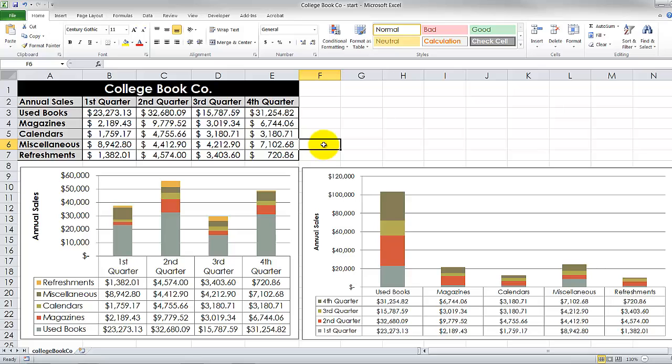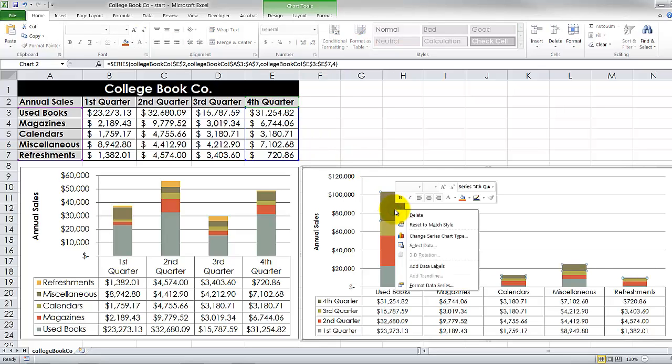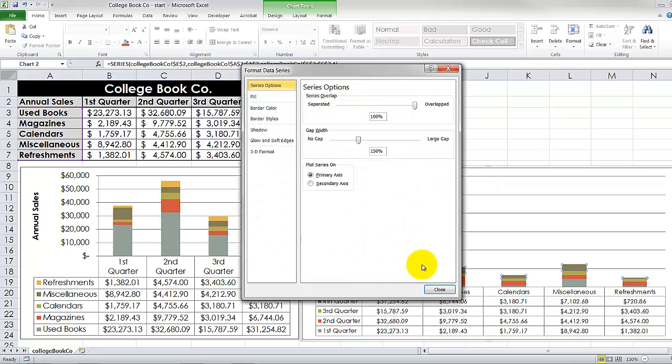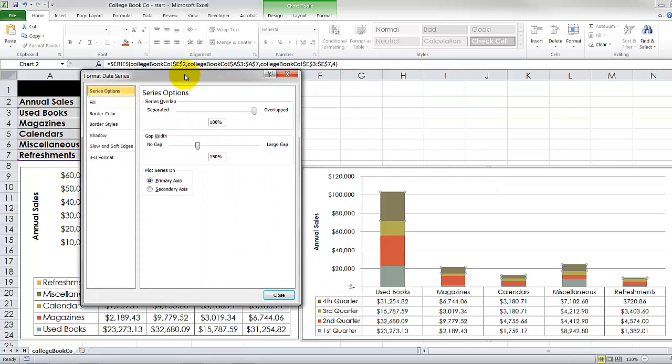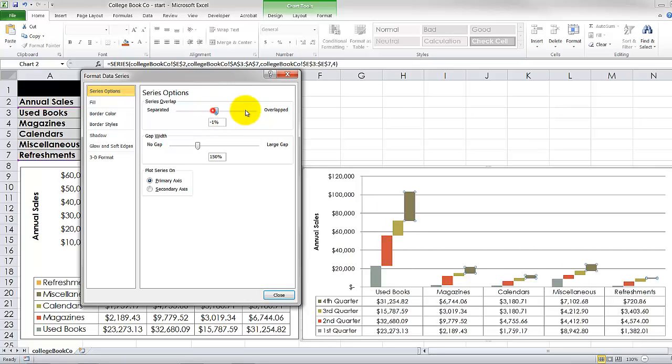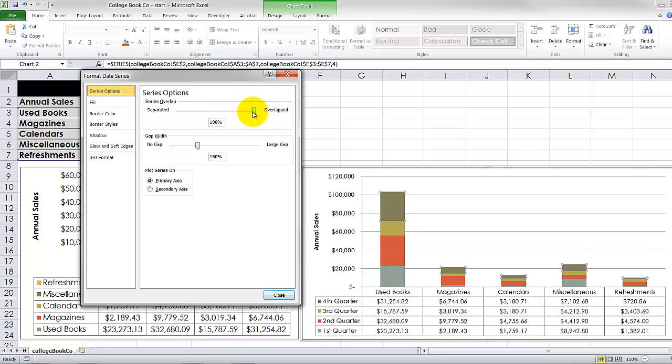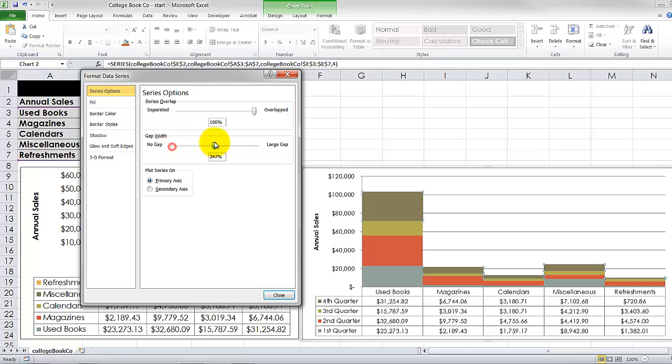As far as other things that we can do to summarize this, of course we can go into the individual colors. Let's say we don't like this green. We could change themes, of course. We could format data series. We could play around with the overlapping regions. By default it's 100, so they're stacked right on top, but if we wanted to stagger them a little bit, we could. We can control the gap width, so if we wanted very thin or very thick, we could change